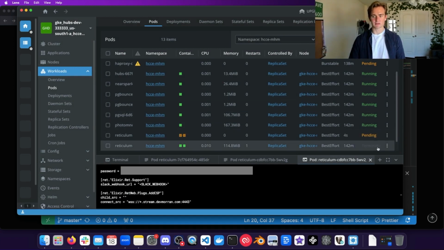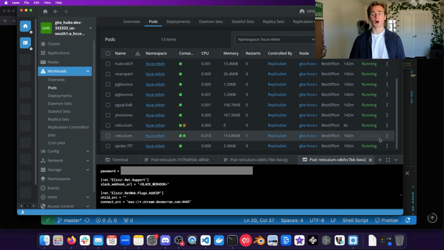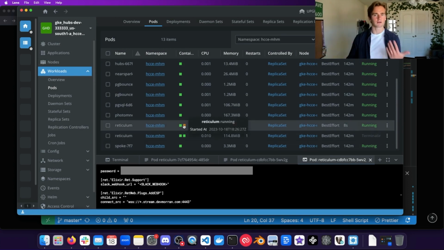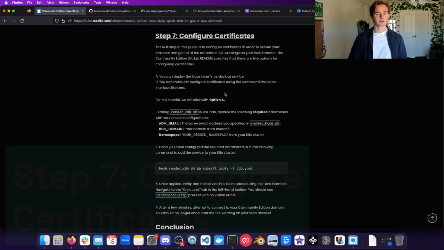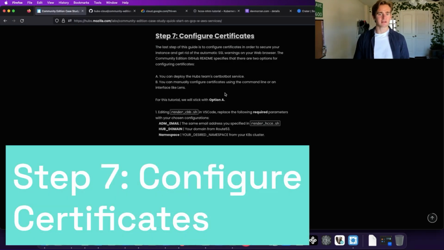We'll see that it's beginning to terminate and that another one automatically respawned. It's going to take a little bit of time to get back up and running, but the good news is that new pod is going to contain any updates that I've made using the deployment script. Great. Now, as the last step of this case study, we're going to be configuring our certificates so that we